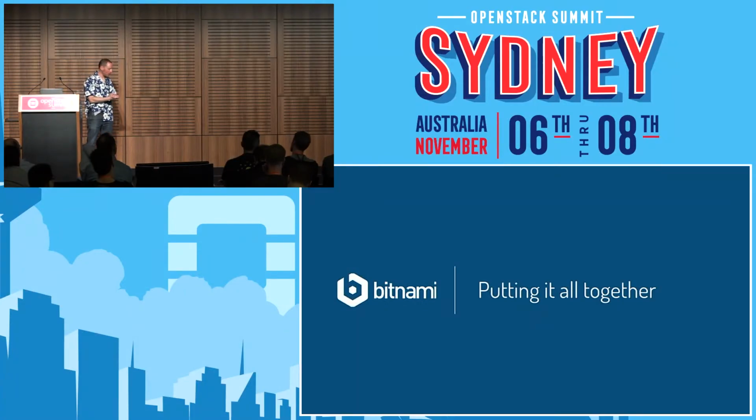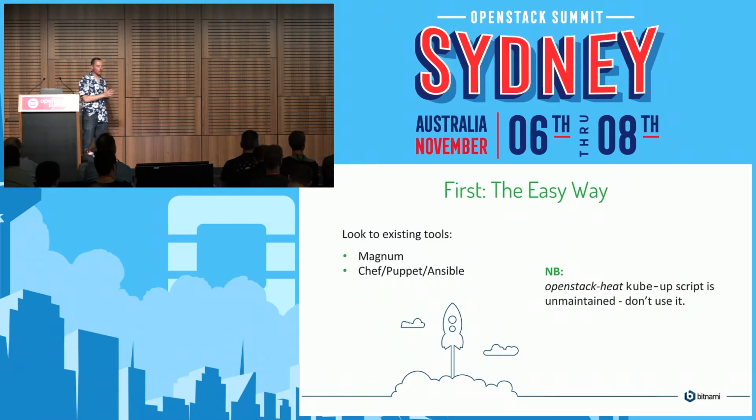Okay, so that was the hard slog part. Now, just quickly, I'm going to go through the end bit here. There's not a whole lot left. The first thing here, how not to set up your own Kubernetes. The easy thing to do is to use something like Magnum. Single click, you get a Kubernetes cluster running. Okay, it's just like GKE on Google. Magnum works really nicely if it's available on your cloud.